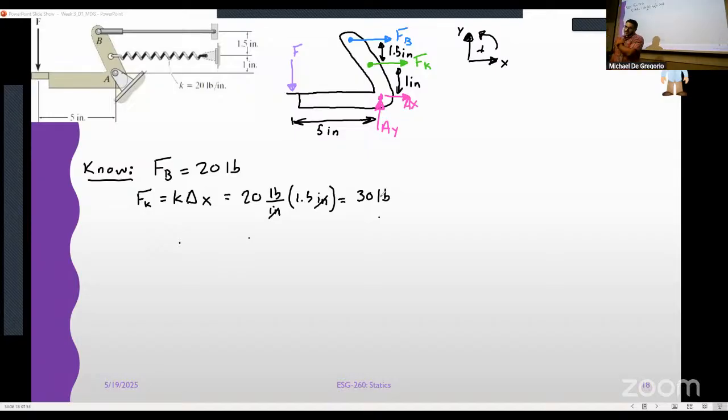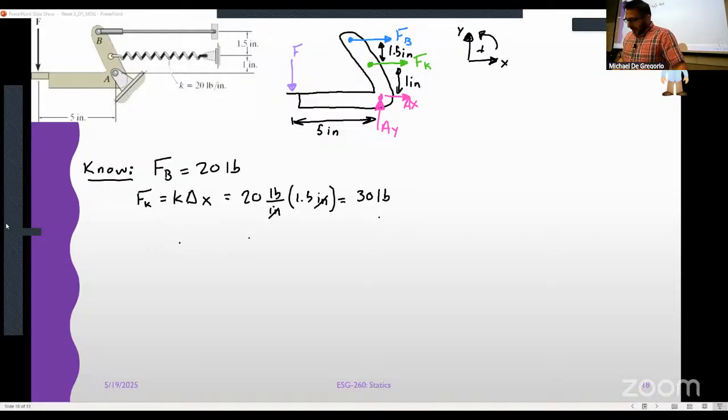Did I choose this in the correct direction? Well, we're gonna find out, right? But let's think about it for a second. If I have a force that is pushing down on the left-hand side, that should cause this whole thing to pull back to the left, right? Everybody see that? If I push here, it's kind of causing this thing to rotate that way. Yeah. If it rotates that way, I'm stretching the spring, right? I'm putting tension on the spring. That means the spring wants to fight back to restore it to its original position. So the force of the spring is actually pointing to the right. So yes, I chose it in the correct direction.